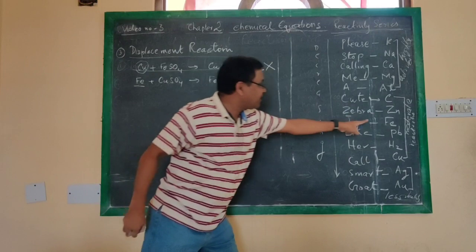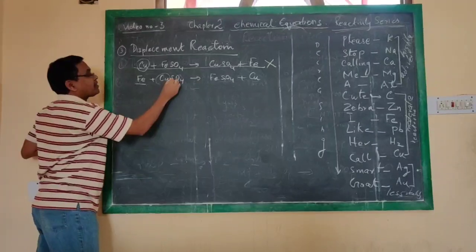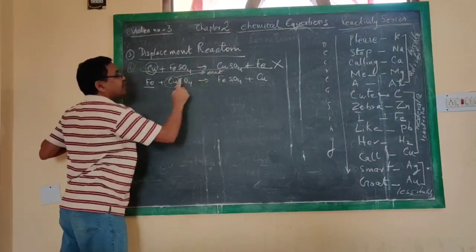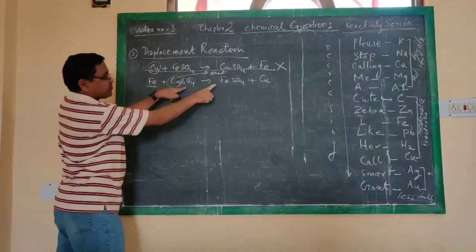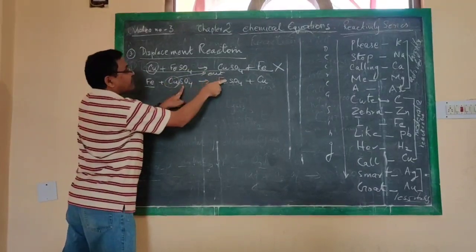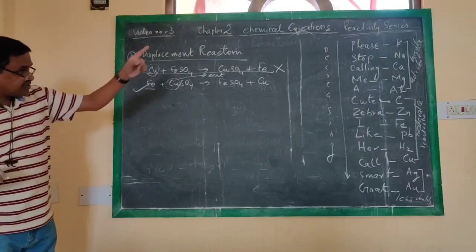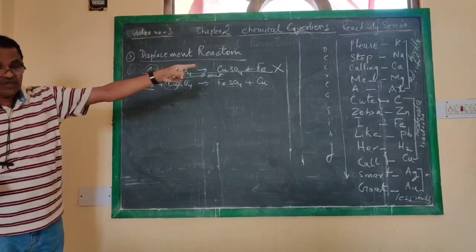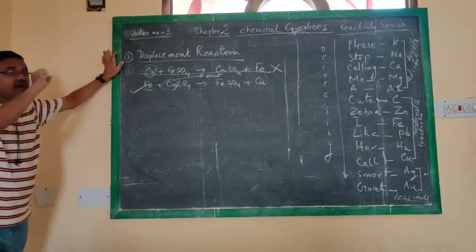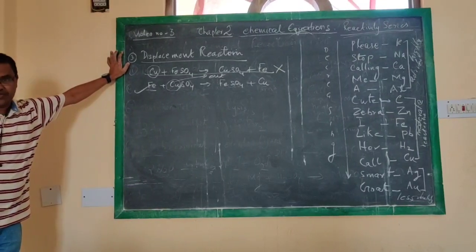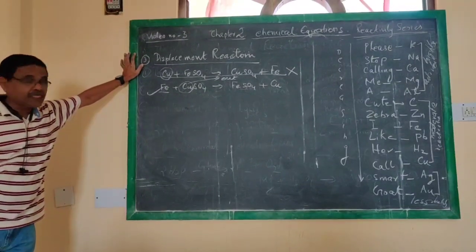Ferrous is highly reactive than copper. So this iron will say, copper, get out of this place, out from here, and it is separated. And this ferrous will come and join with the sulfate, forming ferrous sulfate. Copper will be displaced out. So this is the right reaction if we know the reactivity series. That is the most important thing we have to remember when we are learning displacement reactions. So this is what the displacement reaction is.